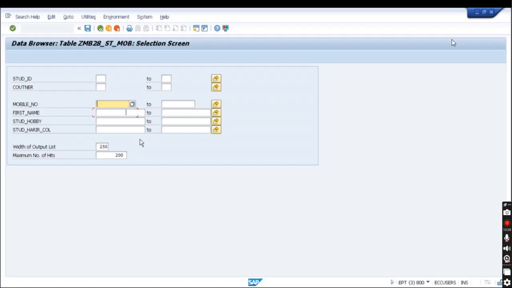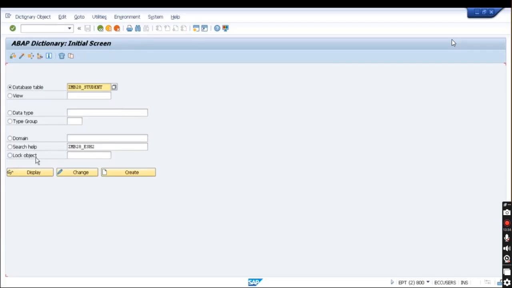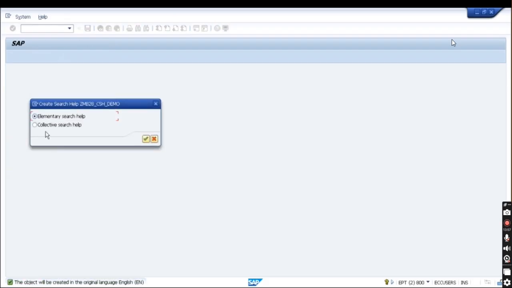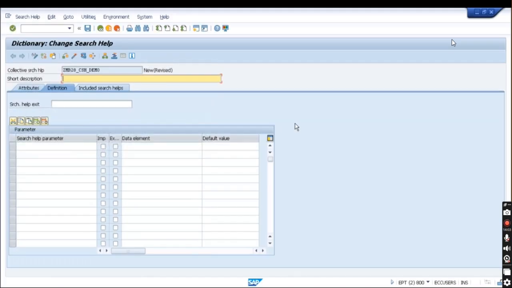Okay, now two search helps I have created already. If you want to create the collective search help, that also you can create. So click on this search help, and CSH, C stands for collective. This is just my naming convention. Okay, so ZMB28 underscore CSH collective search help demo I'm just going to create. So click on this create button and select the second one. Click on this OK, and the short description here you can give the collective search help based on